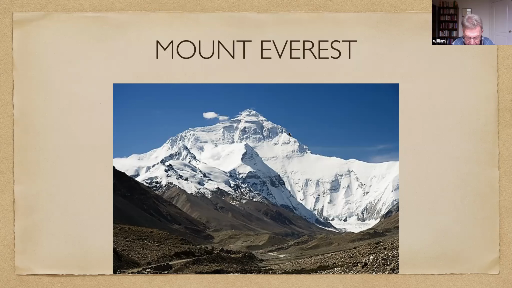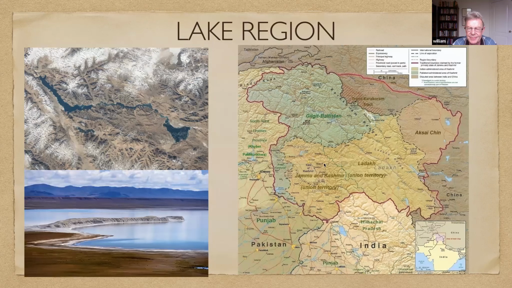So physically, Tibet can be divided into two main parts, what are known as the lake region in the west and northwest, and the river region, which spreads out on three sides on the east, south, and west. So this is the lake region. Like I say, it extends west and north from Ladakh. On the map, can you see Ladakh? Ladakh is in Kashmir, but the lake region starts there and then spreads up into parts of Tibet. And you can see two images on the left, one a satellite image, one just a picture of one of these lakes.